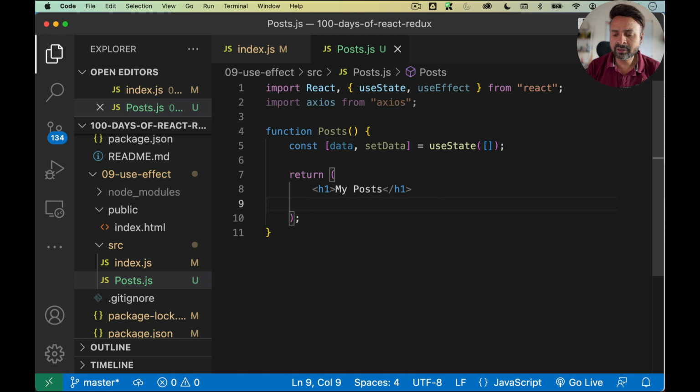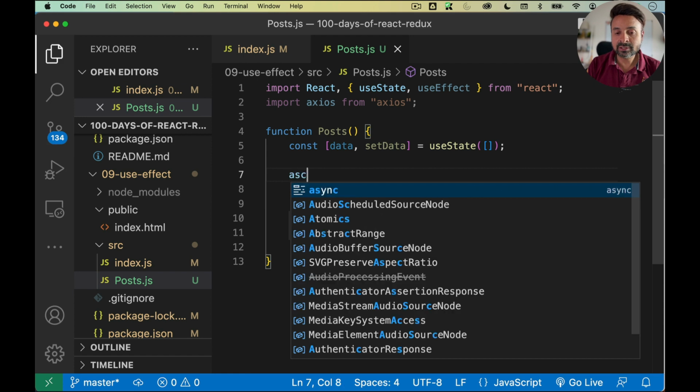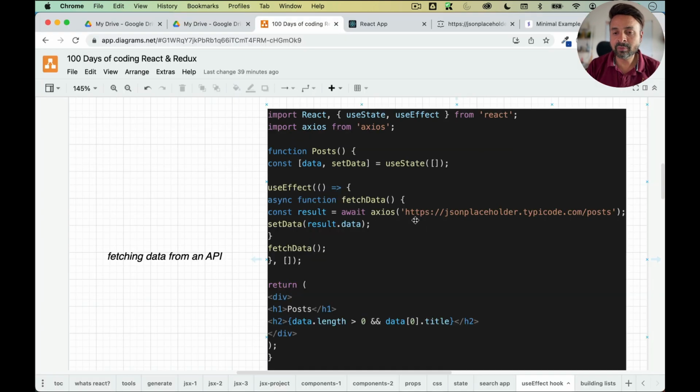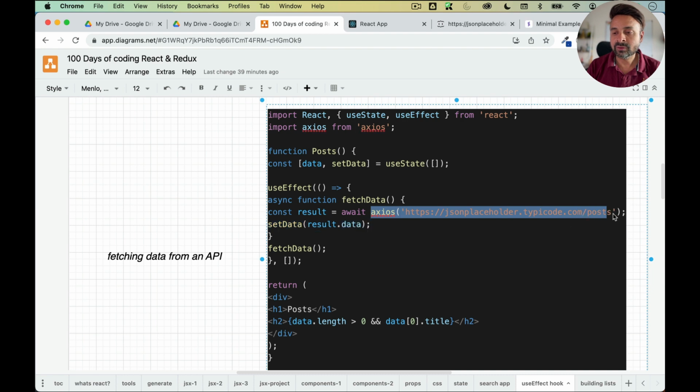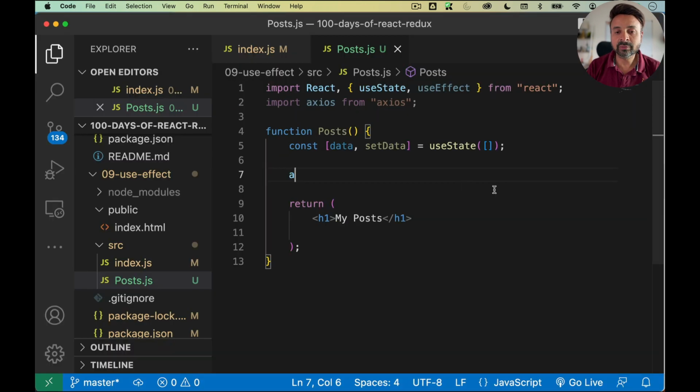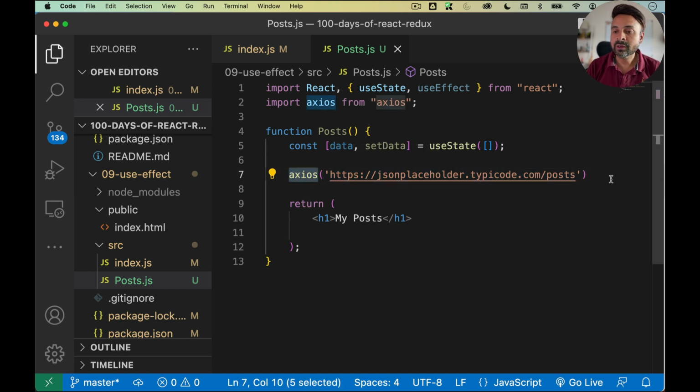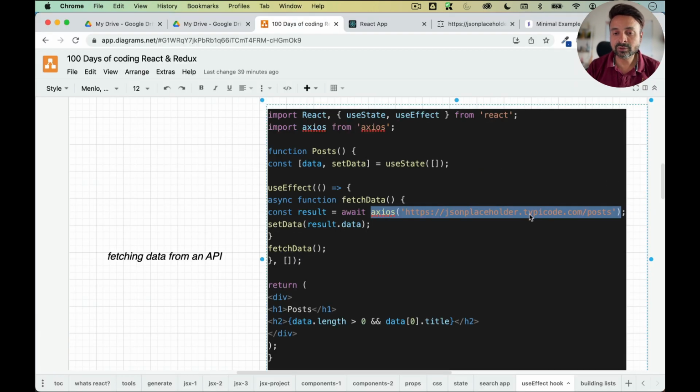And probably I'll write the rendering syntax later on. Now, I want to load the post data from the backend. I can do that by writing something like Axios. I'll copy and paste actually, that would be easy, so I'll just grab this from here to save time. So you can use Axios, then the URL to load something. So this is going to return me